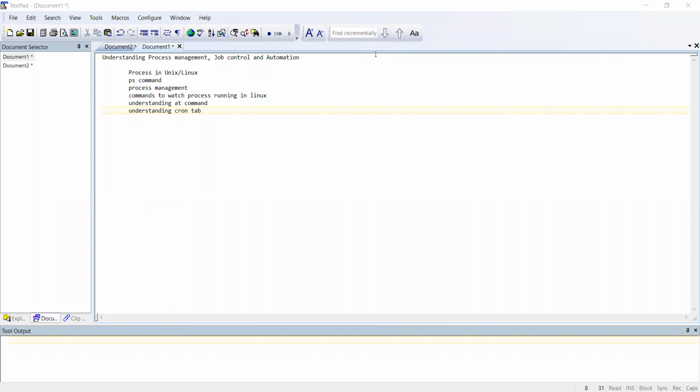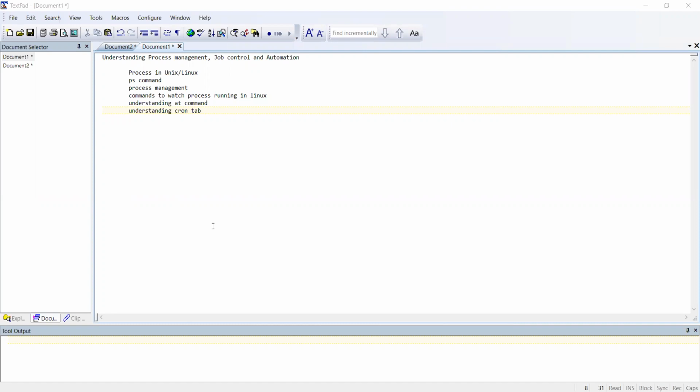To start with, a running instance of a program is called a process. Even in Windows, if you go to Task Manager, you can see the processes running on the system. Just to correlate how Windows behaves and how Unix behaves. Every activity is something we call a process. To keep it as a book definition: